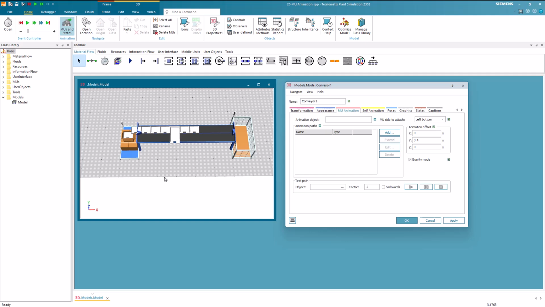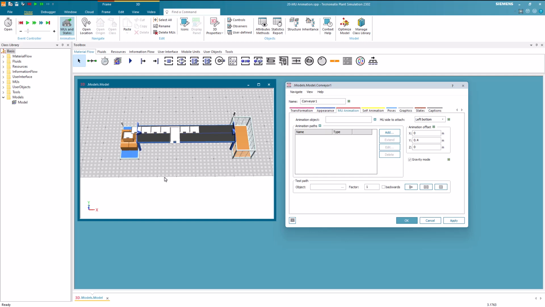On the other hand, the animation offset is dynamic. This means you don't have to make any manual adjustments when you change the conveyor's length or incorporate curves into it. The offset adapts automatically to such changes, simplifying the animation process.